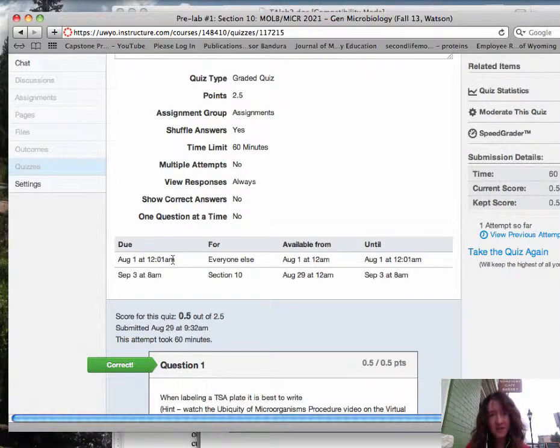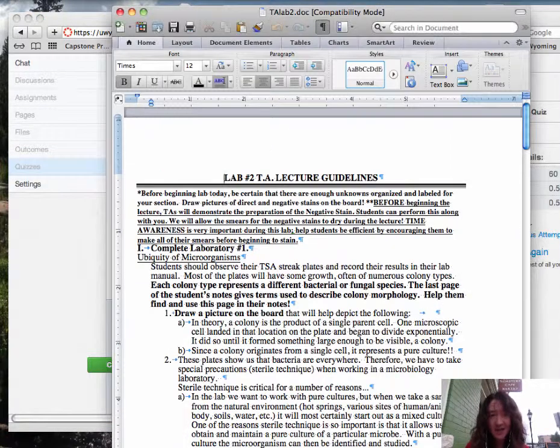Please let me know if this is confusing to you and I'll help you out, but I'm otherwise going to assume that you'll take care of your individual lab sections in setting those pre-lab dates for that time that's already expired so that no one else can see those pre-labs. That being said, let's talk a little bit about the TA guidelines for both labs 1 and 2.